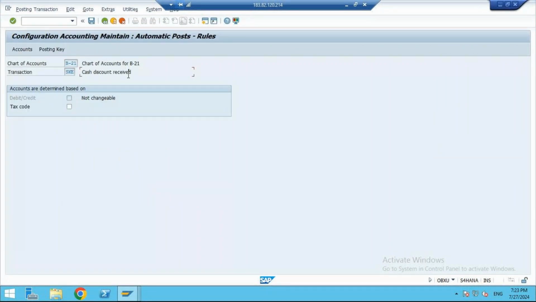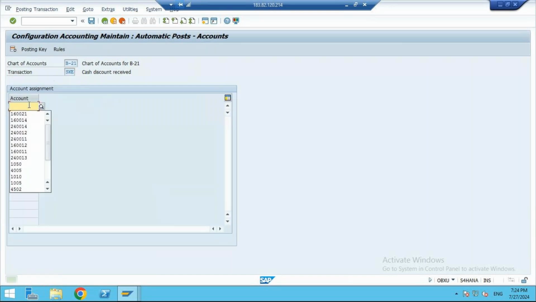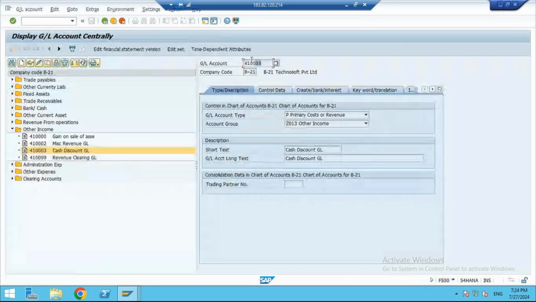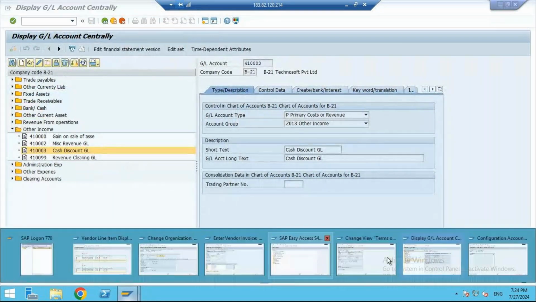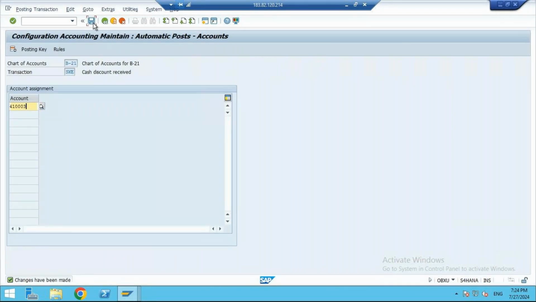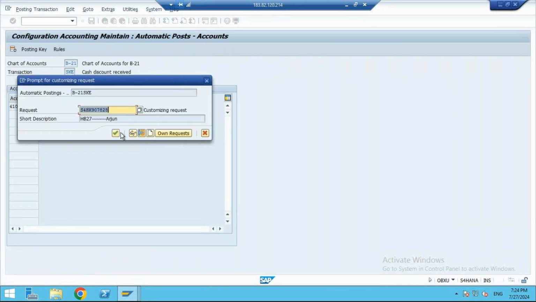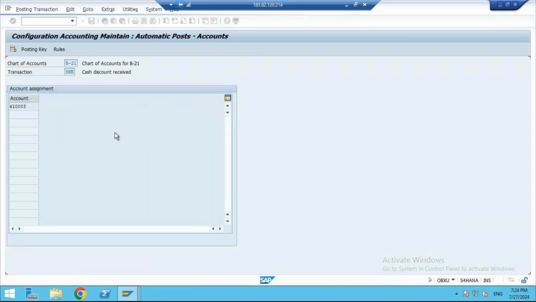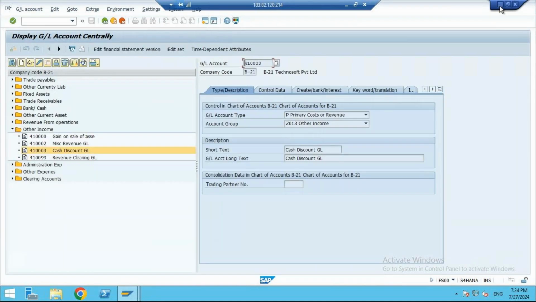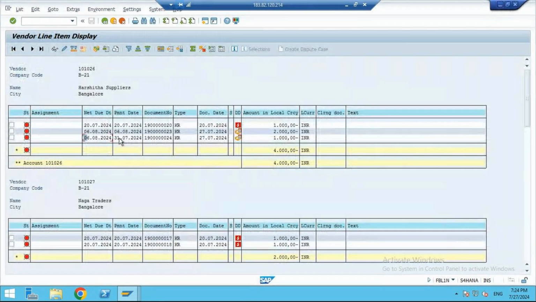So cash discount received. Click on this, nothing to do here. Just click on accounts, save first, and enter the GL that you created. I created a GL this year. So the system automatically finds the GL, just like what we have seen in assets and other things. If you get profit, it will pick up that GL. If you get loss, you get that one. Whenever we are making a payment, if the date is earlier than 31st, the system automatically calculates